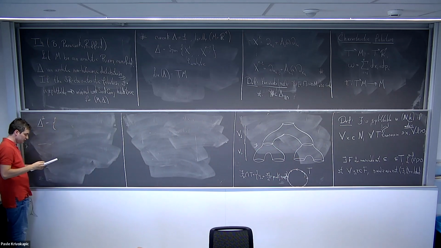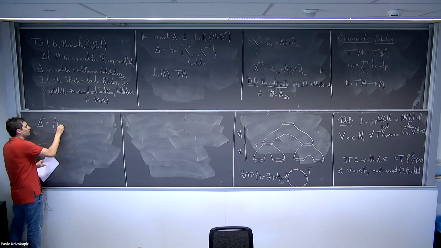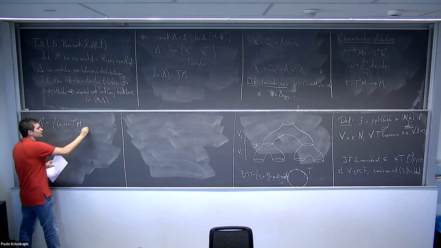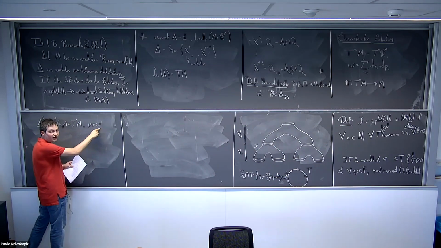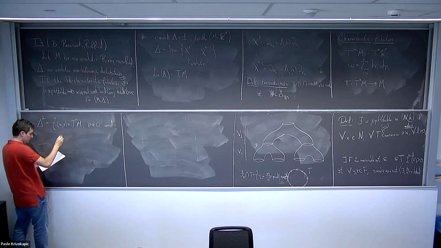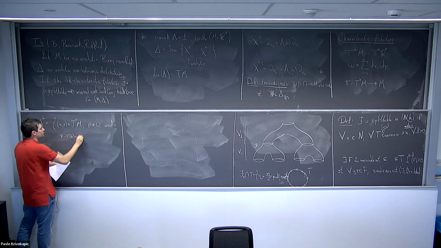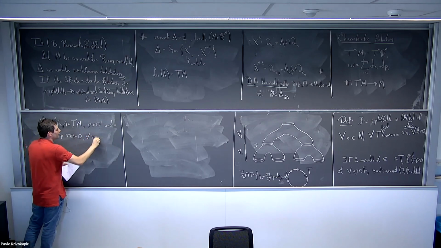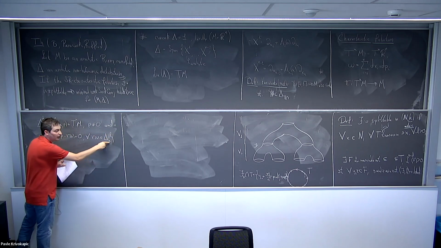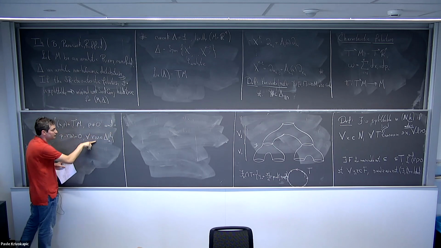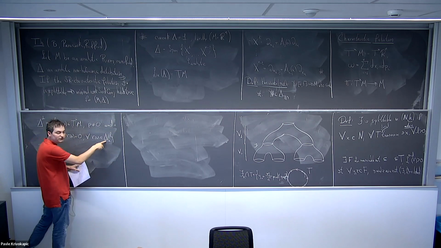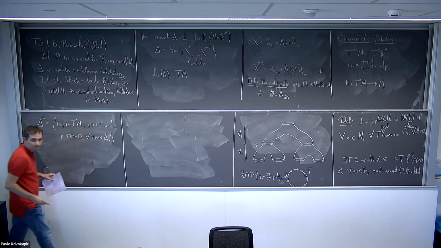the set of (x,p) in T*M, such that, well, I want to exclude the zero section, and p times v(x) equals 0 for all vectors v(x) in the distribution at the point x. So for every one of these directions. So this is going to be the annihilator, in the cotangent bundle, of the distribution delta. Okay. So I'm going to take this as a subset.